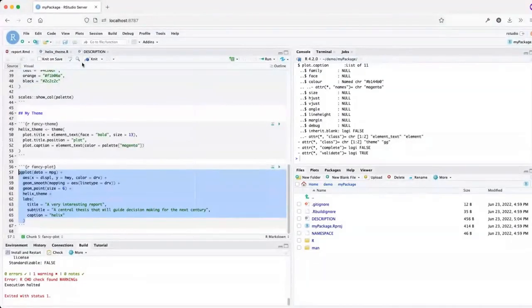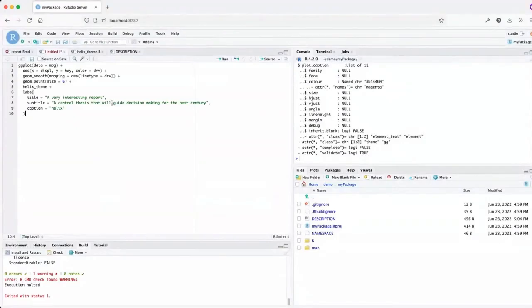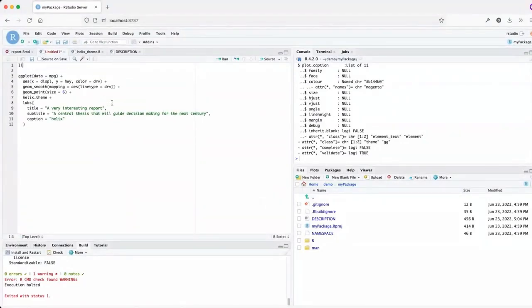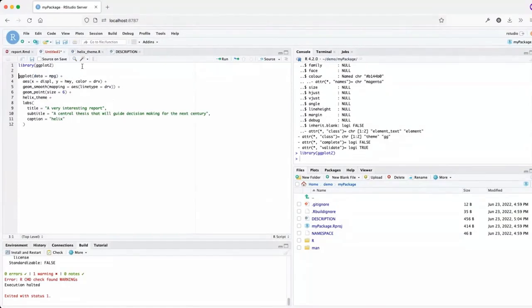Yeah, let's do that. So I'm just going to copy this. I'll open up an R script, and in this case, I do need to library(ggplot2) over here to get ggplot2 loaded. Now, if I had any places where I would be missing ggplot2, like the prefix for functions in my package, I wouldn't be able to see them anymore because I just loaded ggplot2 globally, unless you're using check. So this is why using check can be really helpful to run in the background.